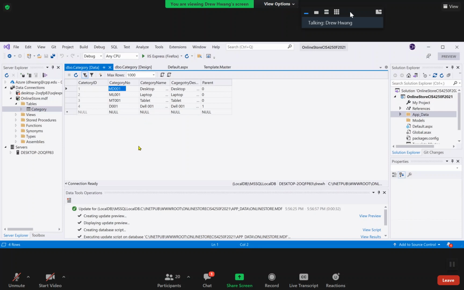Okay? So we do have 3 main categories. They all have category ID as a primary key. They have category number, category name, category description, and parent. All right, so